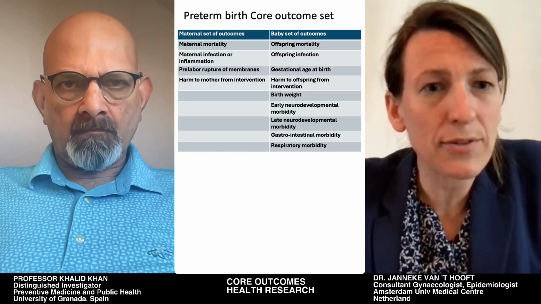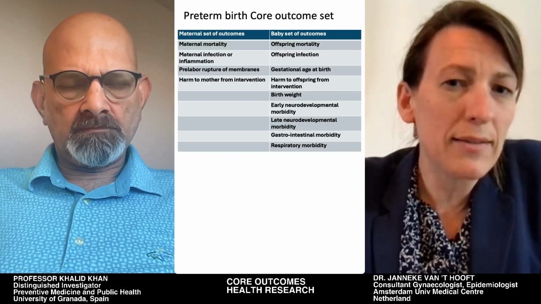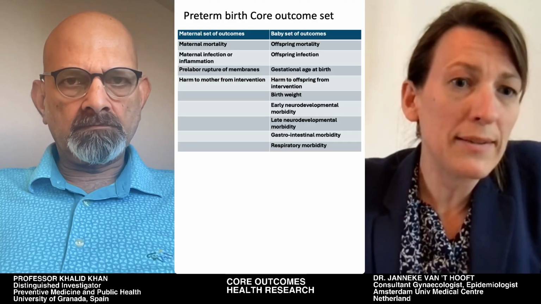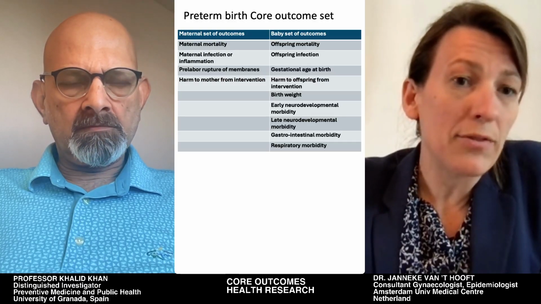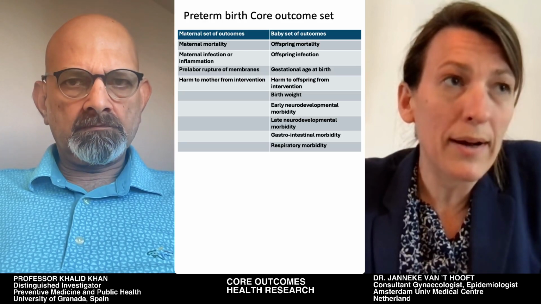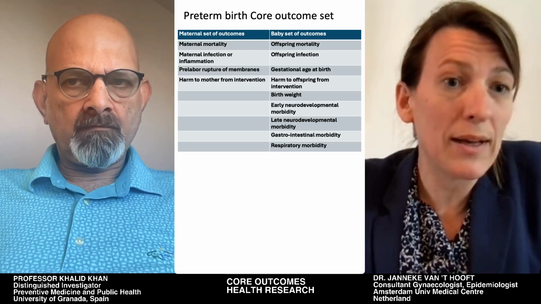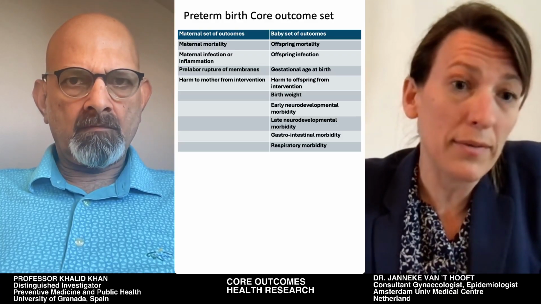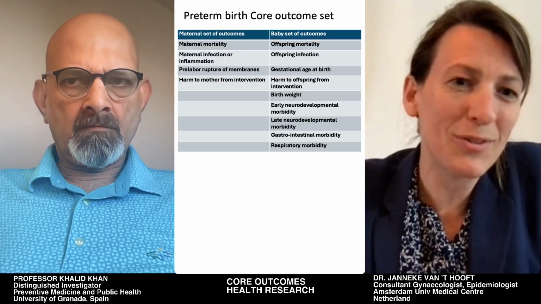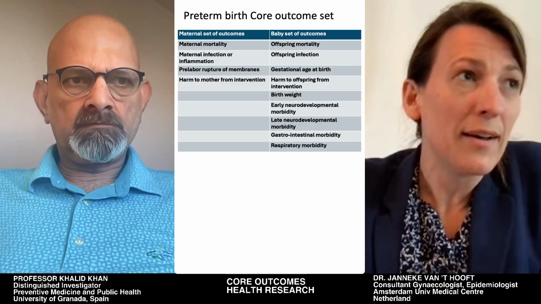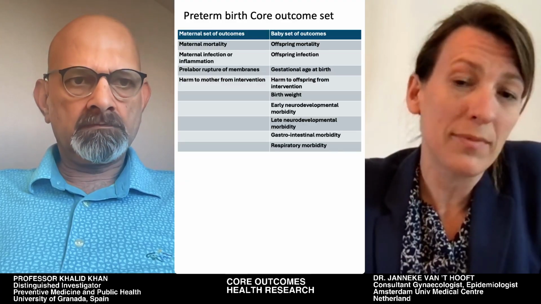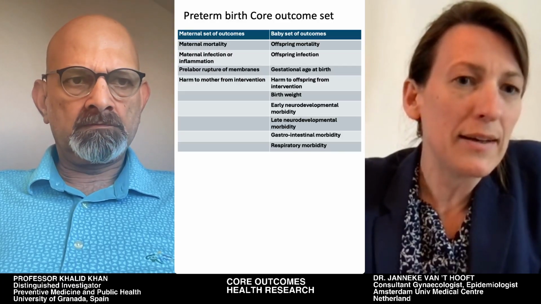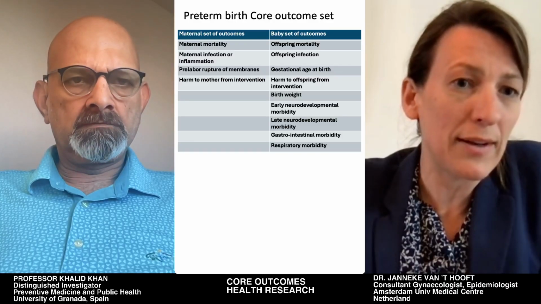This was the final set. So as you can see, if we do interventions to mothers to prevent preterm birth, the moment that they come in their pregnancy, we take care of the mother and the baby. So by doing our interventions, we want to be sure that we get outcomes that are catching the effects on the mother. So in this case, mortality. Of course, you would say hopefully no intervention has bad impact on mortality, or it could also have a potential positive impact. But at least by reporting it, we can see what the intervention has on that outcome.